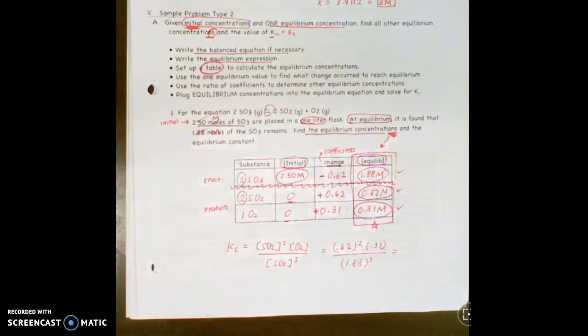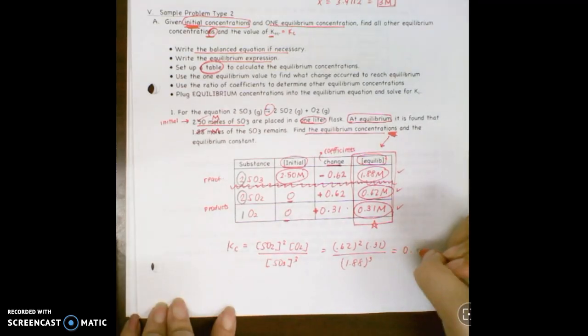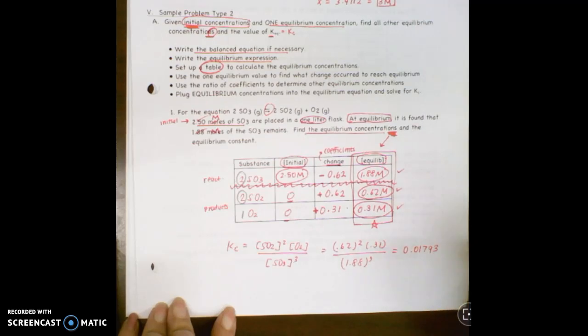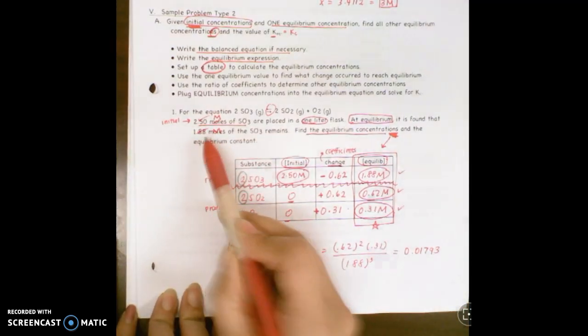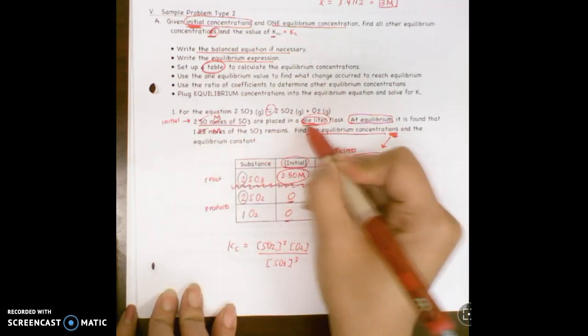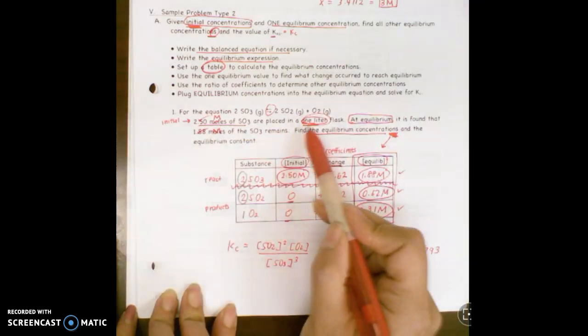And then you end up with your final answer. So let me just punch this out really fast, and you could do that as well. And we're going to get our final value of 0.01793. And here we have 3 sig figs, 1 liter, they don't actually give me a numerical value here, so I'm going to just ignore